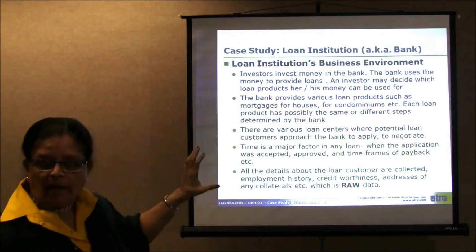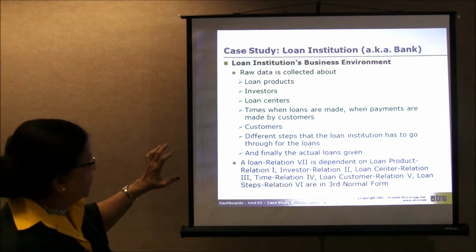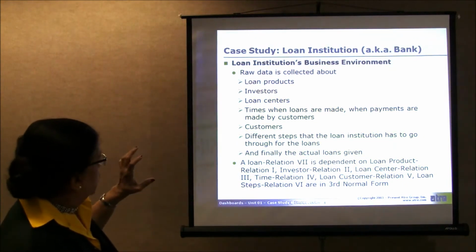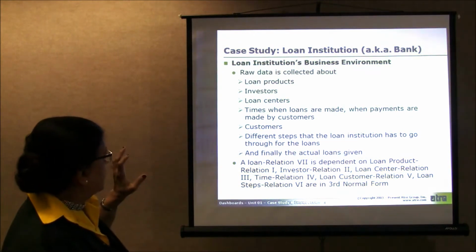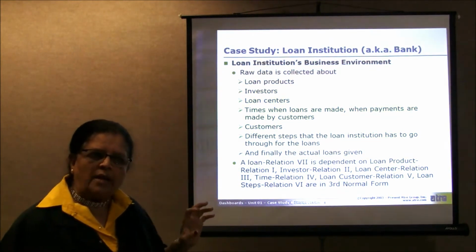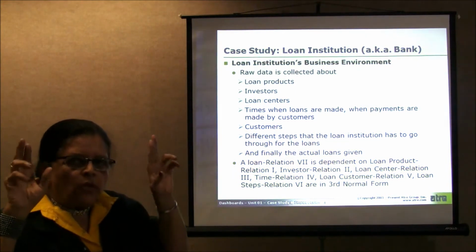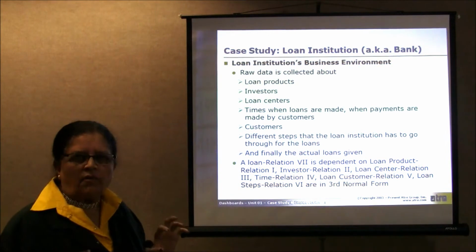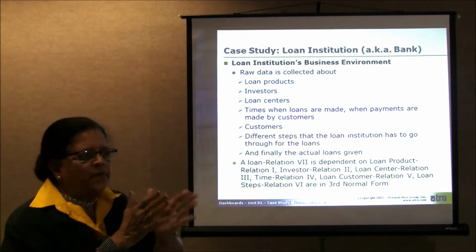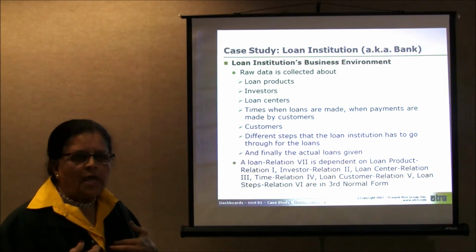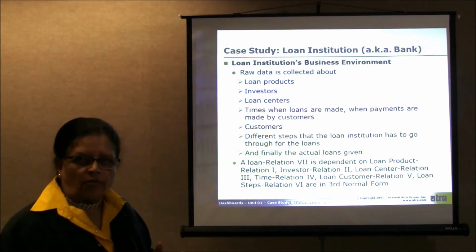So this is our bank loan institution. We just looked at that. Now this is our case study. We have loan products, we have investors, we have loan centers, then we have times when loans are made. Time is another very important, so to say, quote unquote dimension, and we will be covering what a dimension is. So that's an important decision, because if somebody tells you we sold 10,000 cars in the last quarter of